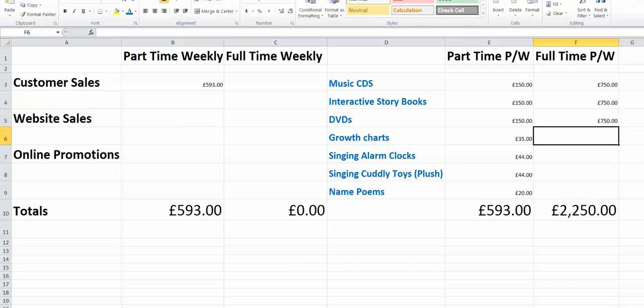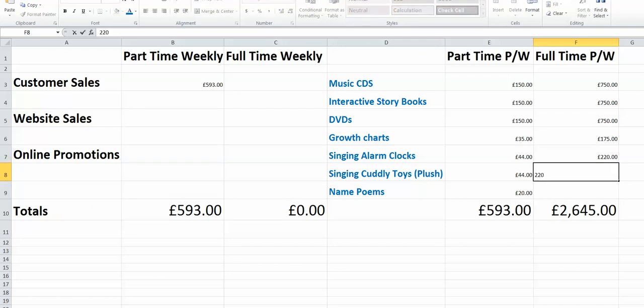The growth charts, 35 times 5, that would be £175 a week. The singing alarm clocks, 44 times 5, we are looking at £220. And it's the same again for the cuddly toys, £220, and £100 for the name poems,